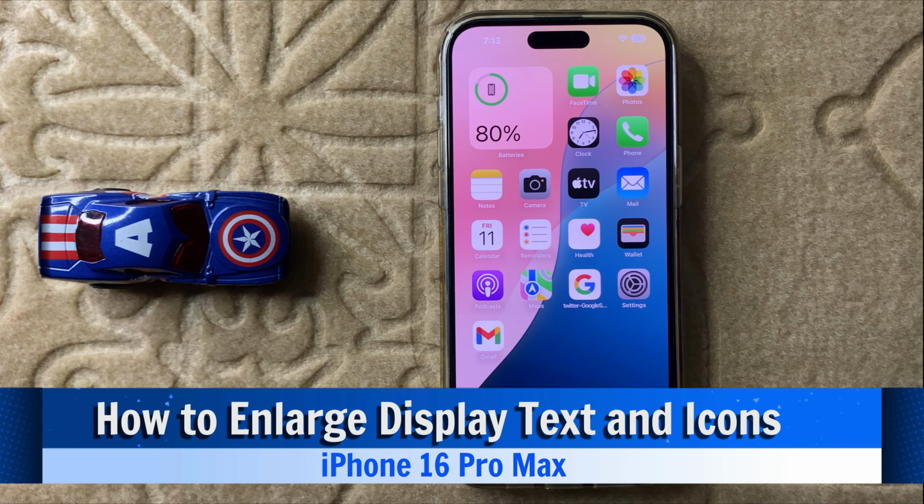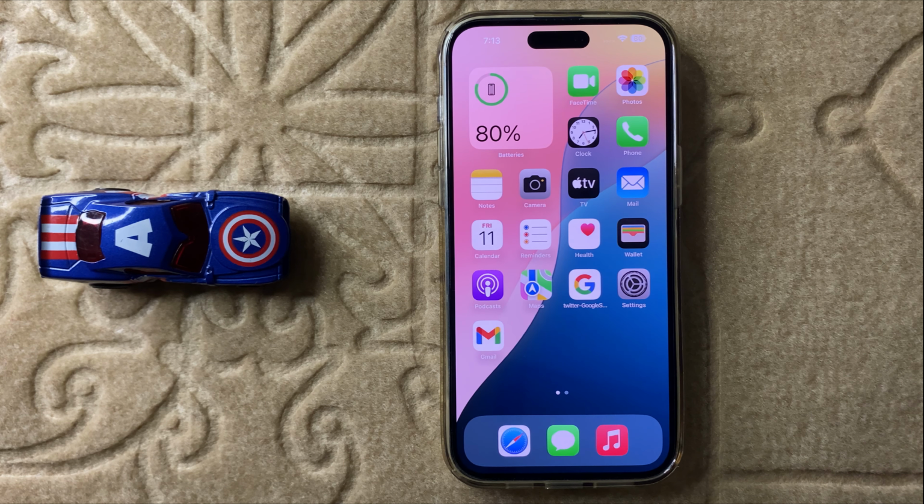Hello everyone, today in this video I will show you how to enlarge display text size and icons in iPhone